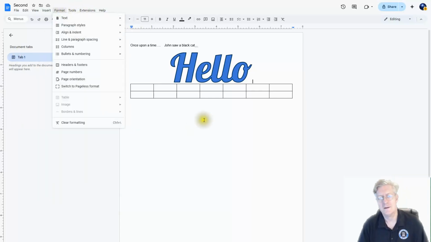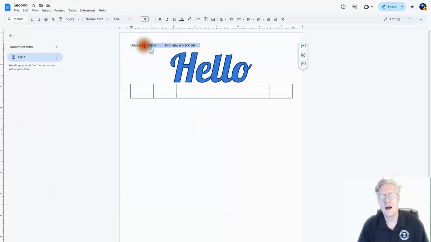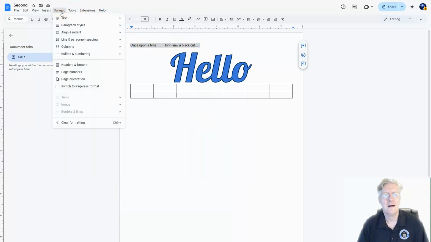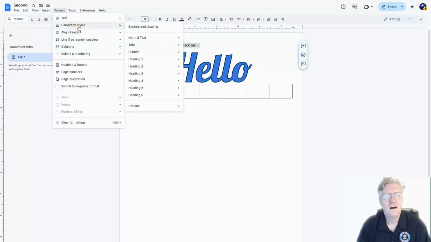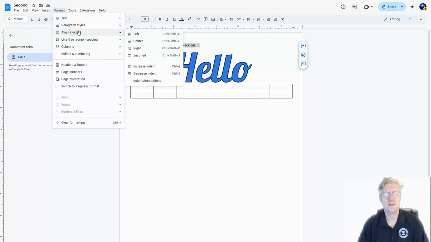Next is format. If I highlight my text, I now have the ability to change my text very easily, so I can make it bold, italic, underline, strike through, superscript, subscript, so it changes how my text appears. I can change the size. I can even do all caps or all lowercase. I could do paragraphs, so I have many options with my paragraphs, many options for aligning and the indent,